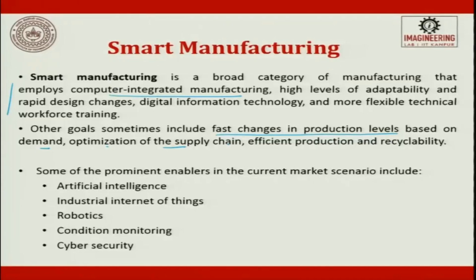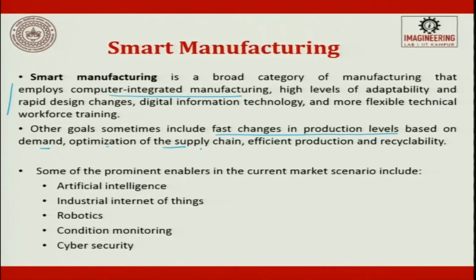So, if that has to happen, think of a product, what should be the level of modularity. For example, if you take a desktop or a laptop computer, it has a base system and then it has a lot of components which are plug and play. You keep attaching and detaching such that you meet various customer requirements. The customer requirements can be exhaustively using for entertainment, exhaustively using for graphics, exhaustively computation. So, all their requirements are different. So, you can keep changing the components by doing plug and play and meeting the requirements. So, this is what optimization of supply chain is also about.